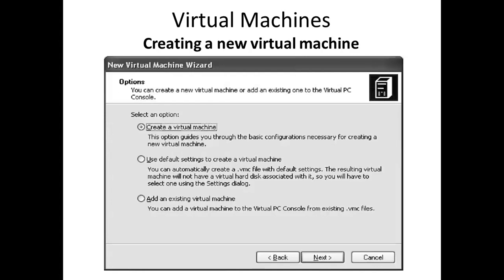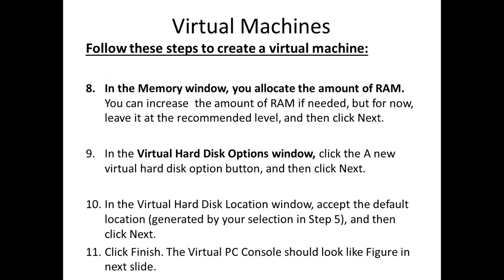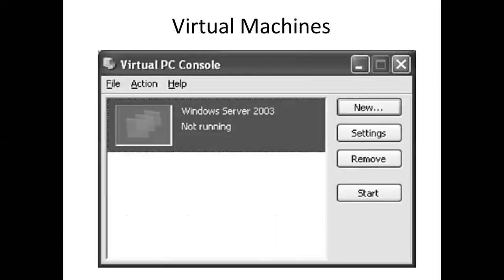You can set it to the operating system configuration files can be set in the default settings, so it will automatically do. But in general, we can create it newly, okay? So once we have done that, we can also include the RAM, and that is done through the memory window. So this is how it will be. And when you give start, it will start taking the Windows Server 2003 OS.